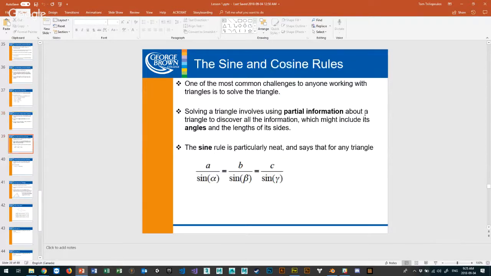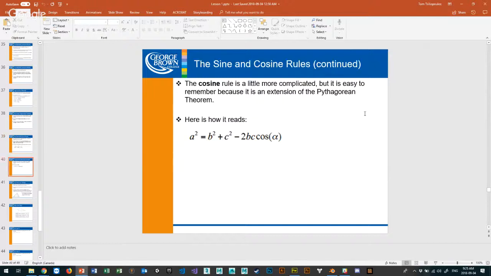Okay, and I kind of covered this. This is a really important one as well. This is the ratio of sides. I have side alpha, side beta, sides A, B, and C, and I have alpha, beta, and gamma angles. As long as I know two of them, I can really define the other side. So if I have some partial information, I can derive the other part. We're going to try and practice that today in lab. So how do I use these things? It's the ratio of sides and angles that allow me to calculate the other information.